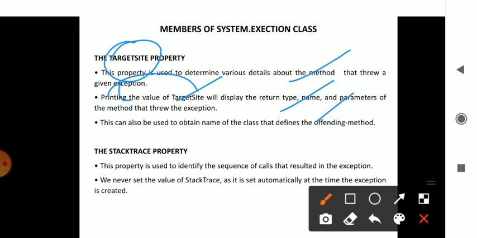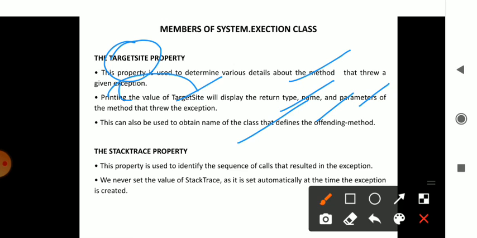And even the name of the class is defined in the target site property. Remember, target site gives information about which class, which method, which return type has generated the exception.